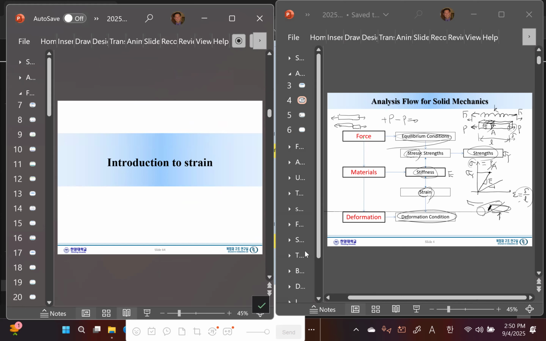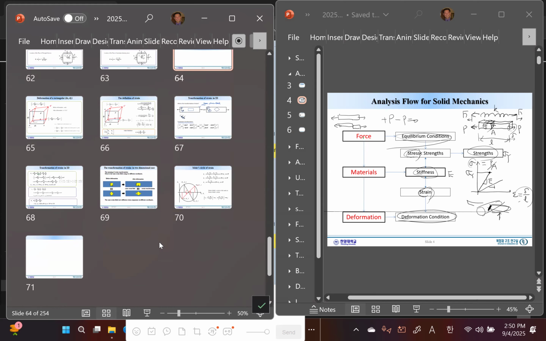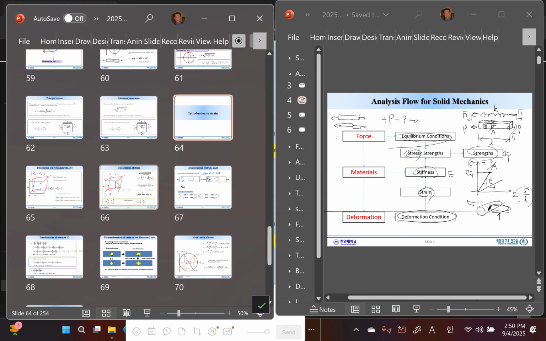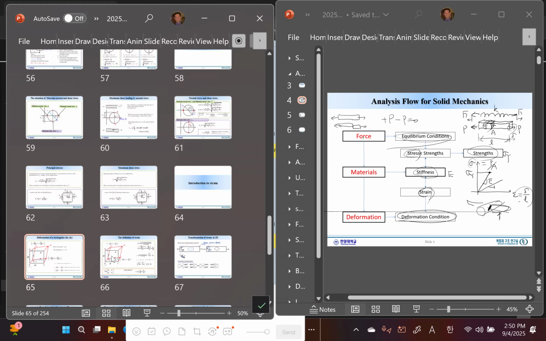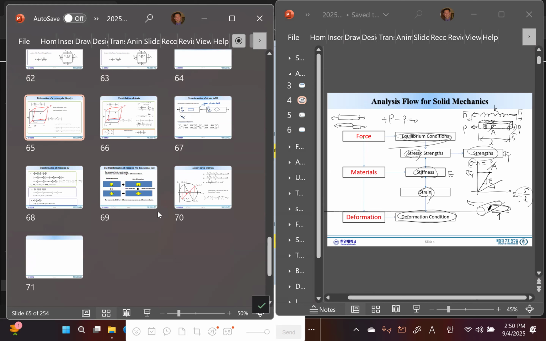So we have strain, and strain is the way we describe how the material, in this case a scale, deforms. This one will deform like this. How can we describe it? That's why we need the concept of strain. Okay,